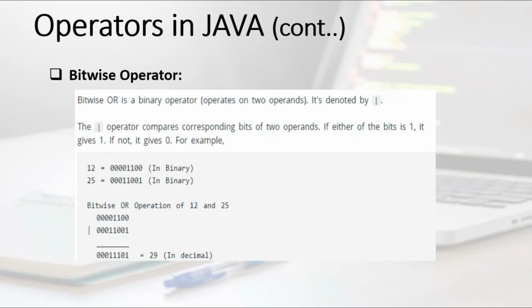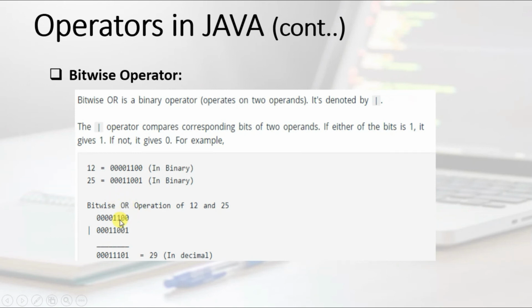Now let's understand this with an example. The bitwise OR operator is a binary operator. It actually represents the value in terms of binary. For the value 12, the binary representation is 0 0 0 0 1 1 0 0. We can also assign the binary value of 25 as 0 0 1 1 0 0 1. Now to find this value with the bitwise OR operator, let's check 12 OR 25.